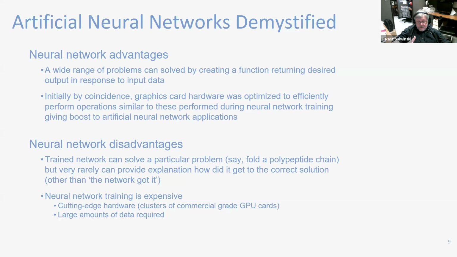All those operations can be generalized to just two operations: multiplying two matrices and adding those. This is what graphics cards are doing when generating images. So at a certain moment, people in the neural network community realized that you can employ the hardware that's normally used for drawing on the screen to actually perform mathematical calculations, and that's the major driving force behind what you see nowadays happening with all the artificial intelligence methods that are mostly based on neural networks, and this is driven by progress on